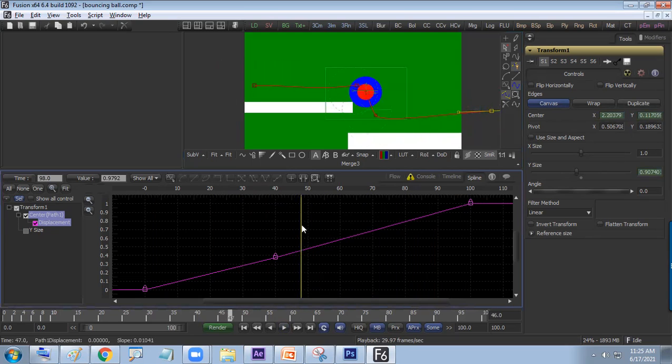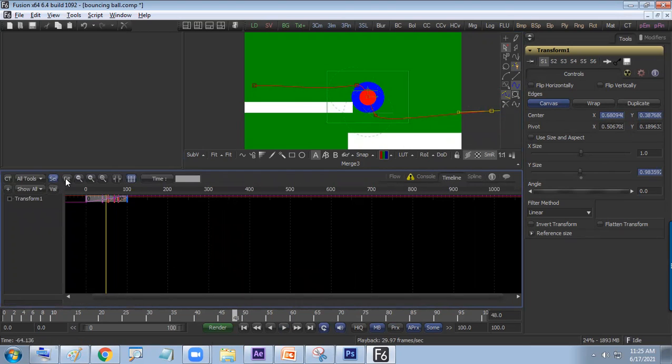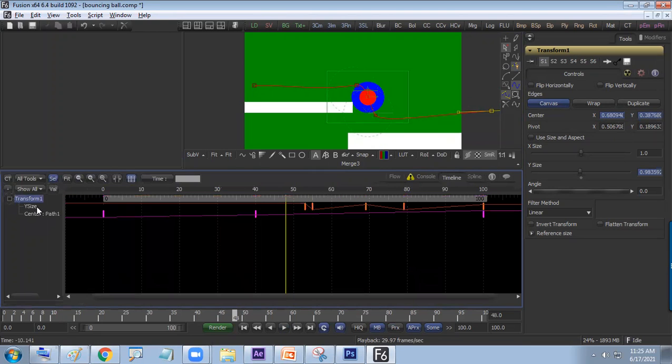So maybe the animation is bouncing earlier, so it should bounce a little late. So the timing could be changed now on the timeline. Yes, get it fit and show the keys. So this is your position, right? And you can move it up to whichever frame you want. Is it okay now? So the timeline's job is done by the timeline, and the keys' job is done by the splines.